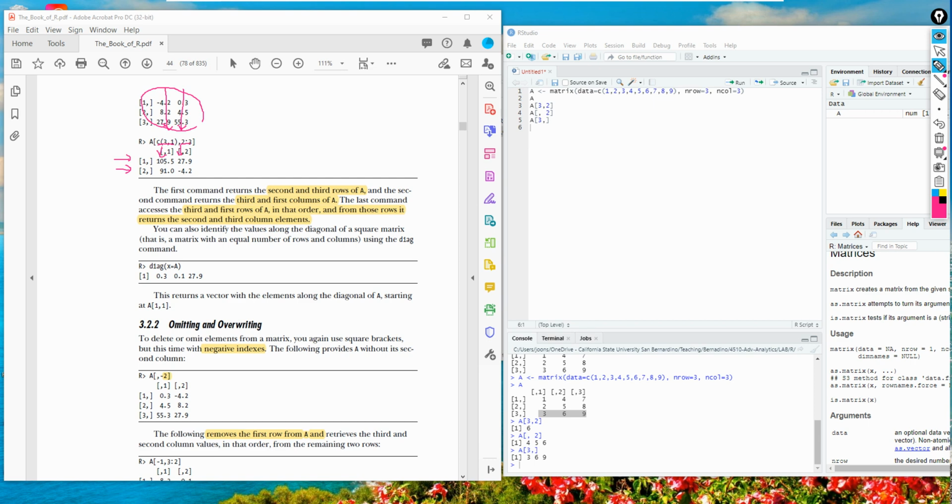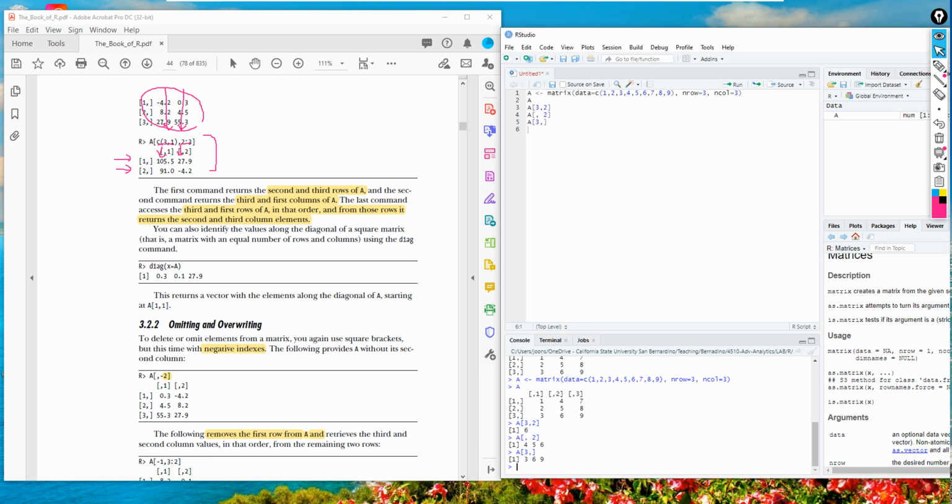So let's do some experiment with this example. Now we have A, so this is my A. And then I'm going to use A and square brackets. This is a vector with index 3, 1.